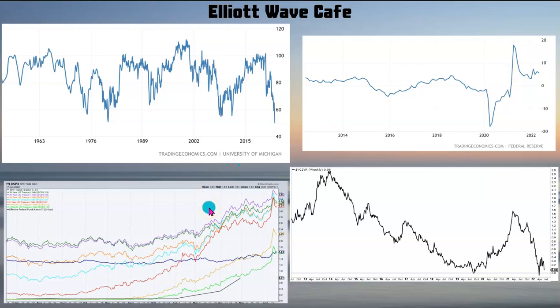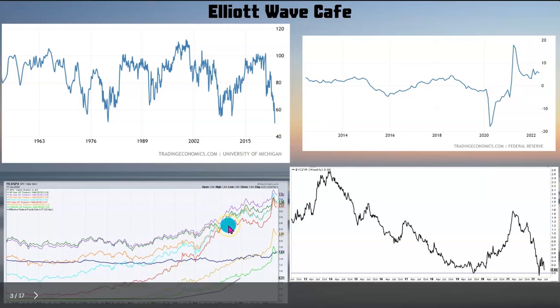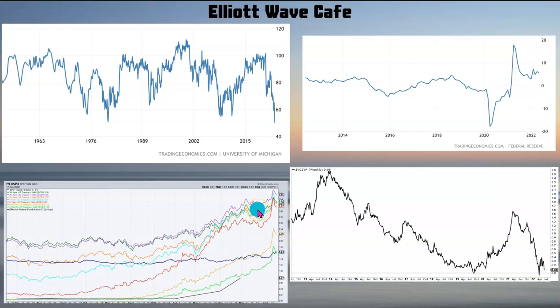And back here on the lower left corner, you can see the yields, which have been rising aggressively since the beginning of the pandemic. And now we've gotten quite elevated in these yields across the curve, from, let's say, the 1 year to 2 year all the way to the 30s. Yields have been rising aggressively. And we could be starting to peak in here, by the way this looks, even from an Elliott